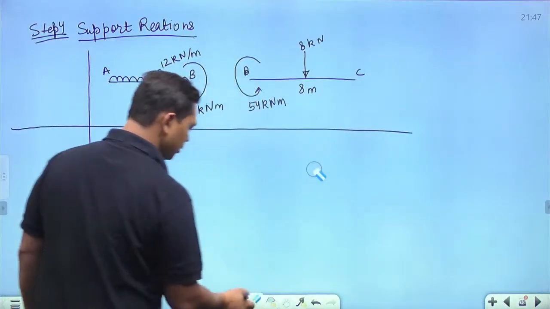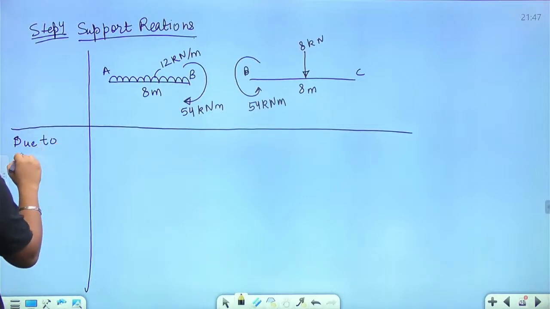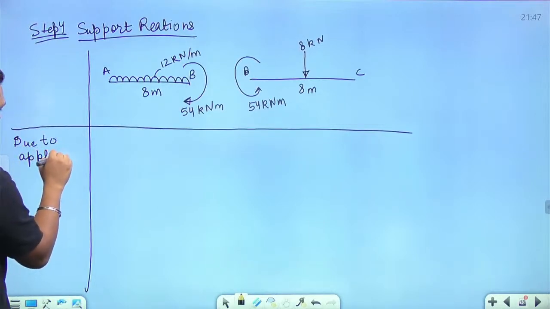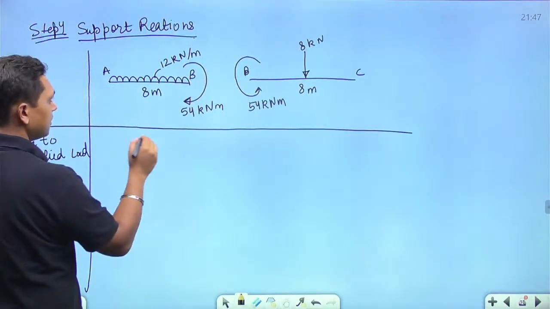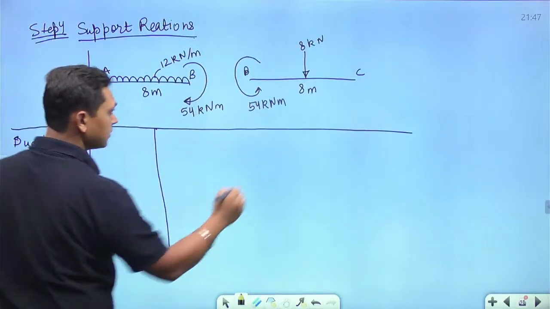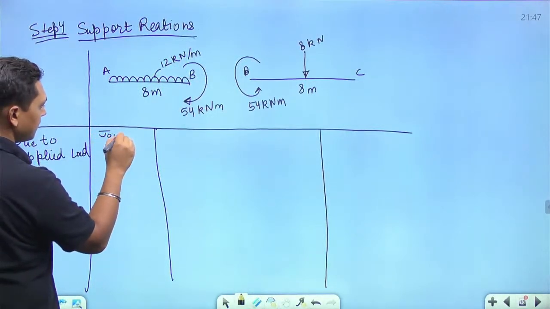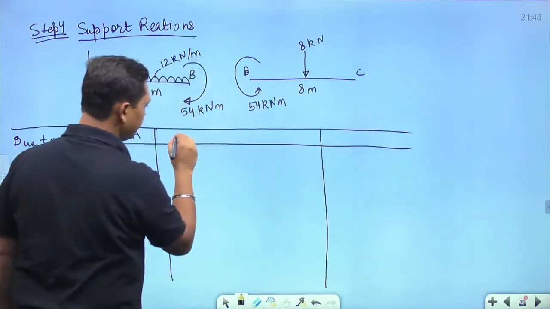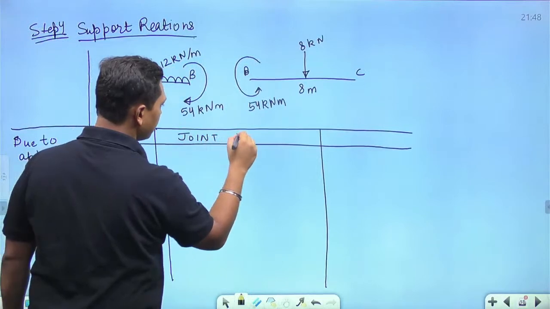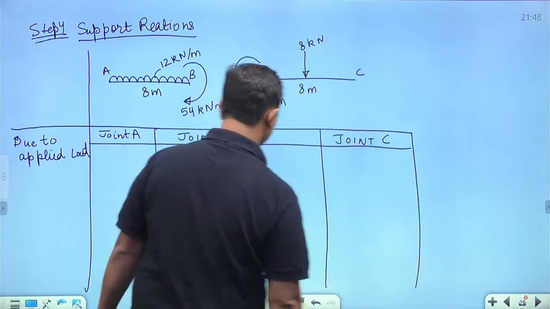Now the support reactions due to the applied load. This is joint A, this is joint B, and this is joint C. Okay, now the